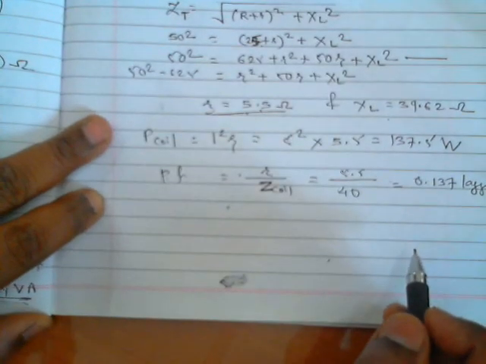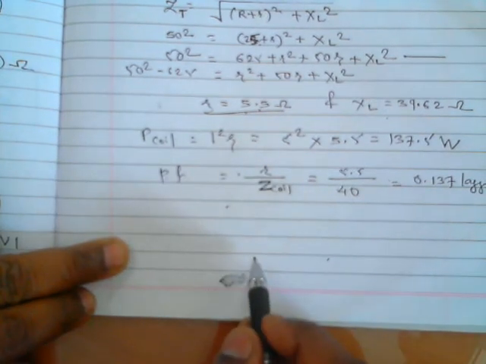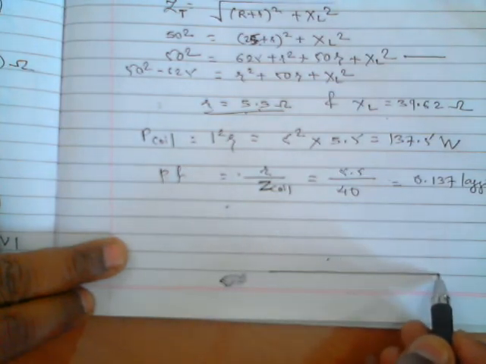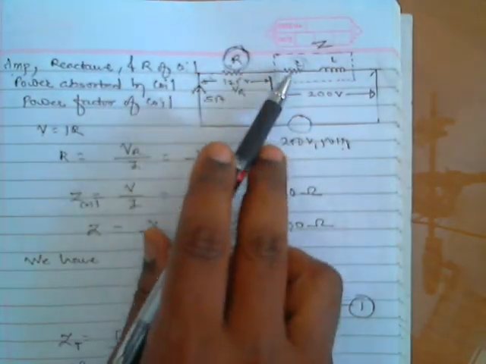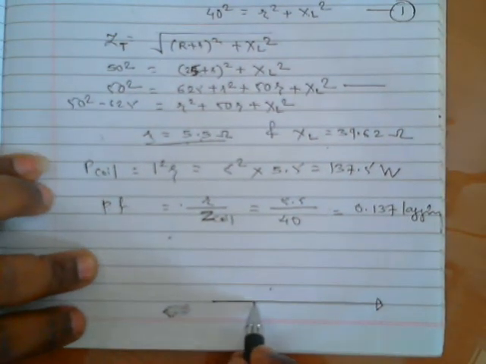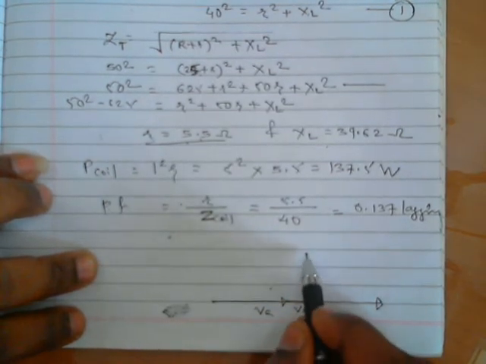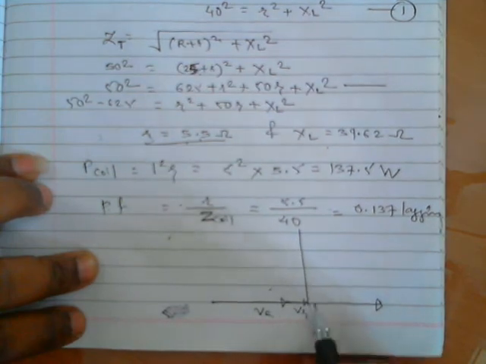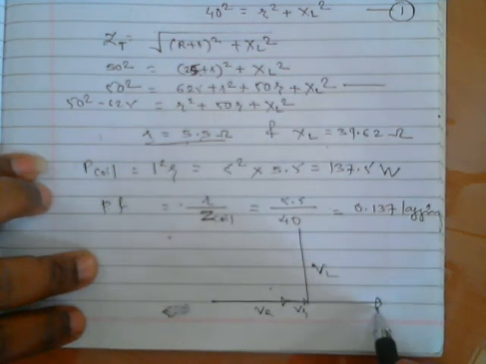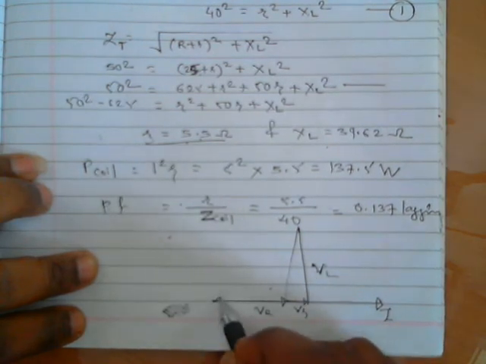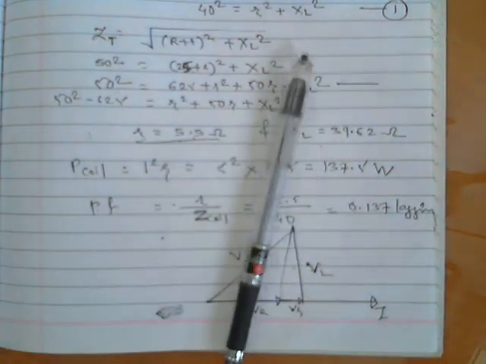Okay, now how to draw the phasor diagram? It's very easy. The last bit is to find out the phasor diagram. So take current I as the reference. The voltage in this resistance will be in series, and the voltage in this small resistance also will be in series, so we need to add them. So first I will draw VR, then small vr. Then inductive voltage will be leading to this I. Addition of these two will be here, small vr plus VR, and addition of these two will be here, big V. Okay, this is how we complete it.